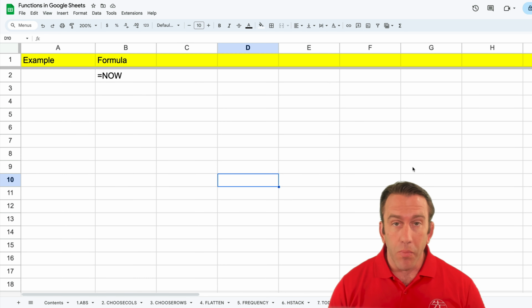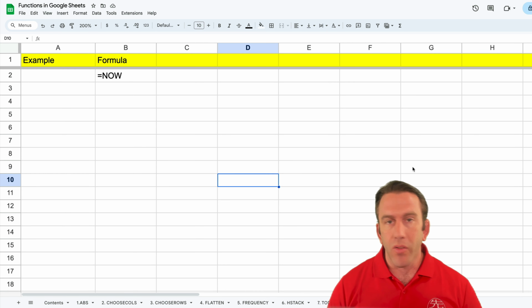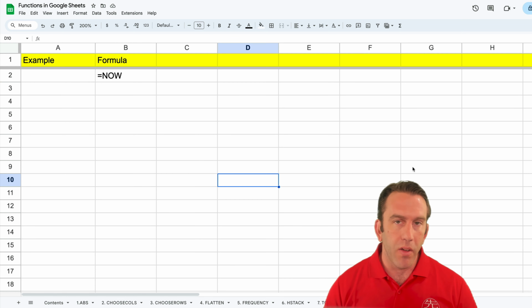now we're looking at some great functions inside of Google Sheets that can really speed up your productivity, especially if